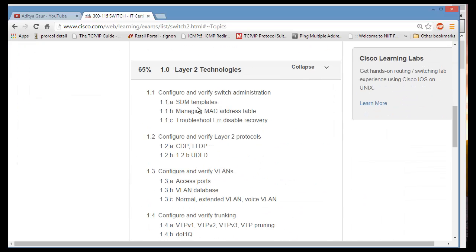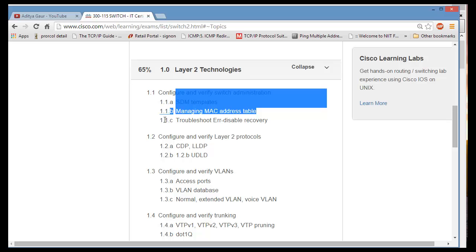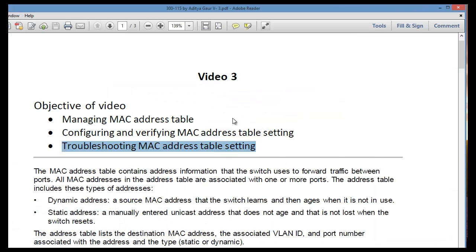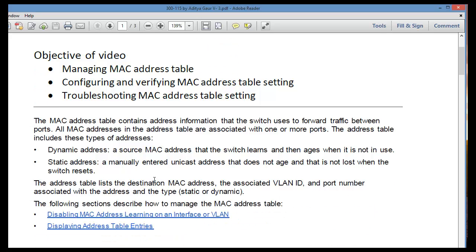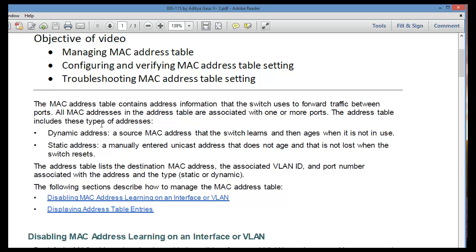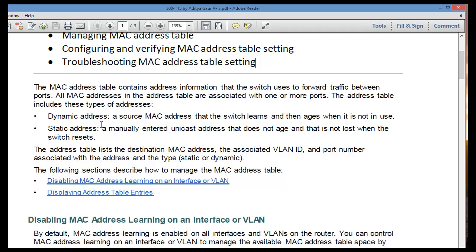Cisco has mentioned managing the MAC address table. Layer 2 devices like a switch or a bridge deal with MAC addresses, they work on MAC addresses basically. How can you manipulate or utilize or do some settings to learn the MAC addresses on your switches? There is a whole bunch of lines. I would highly recommend downloading this PDF file and going through it line by line. But since this is a short video, I'm not going line by line, to make you